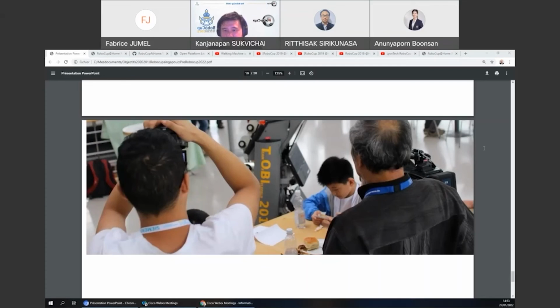So I think I saw the next question. In Carry My Luggage, does a robot have to go outside the arena? Yes. Generally it's the case, it depends on the configuration, but yes. So you will be in interaction with a real audience. It's not so difficult, because when you do your mapping, you can add the part just outside of the arena. So it's clearly not so difficult as it was with